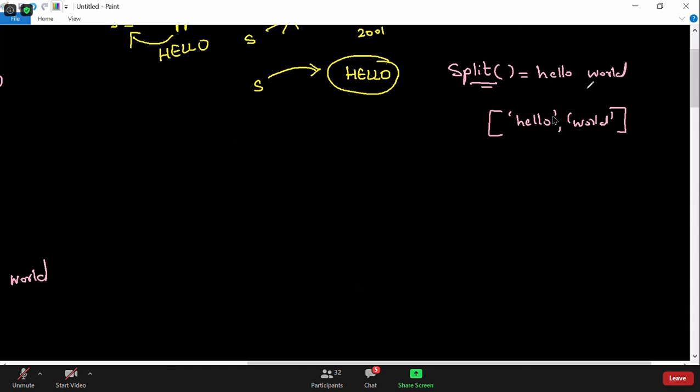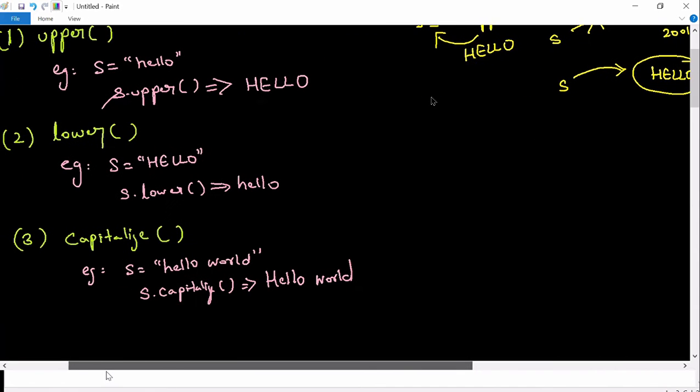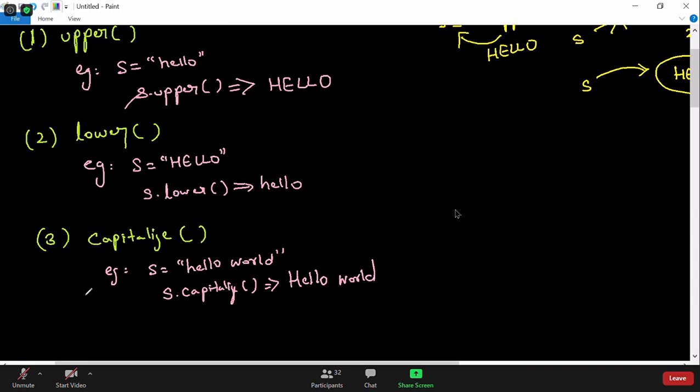It splits the string into multiple values. Now when it gets split into multiple values, can I pick this one and make its first letter capital? And can I pick this one and make its first letter capital? Will you try for this? I am going to teach the split method later, guys, because I think it's not a good time as we are discussing case related things.